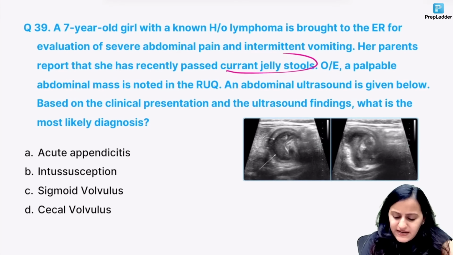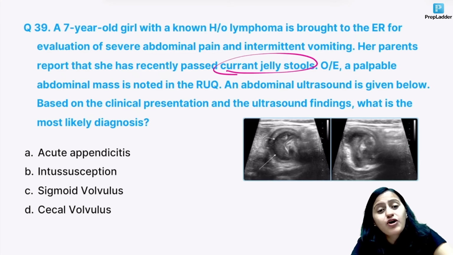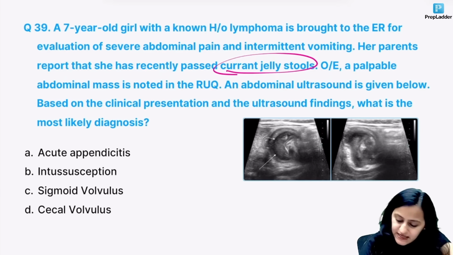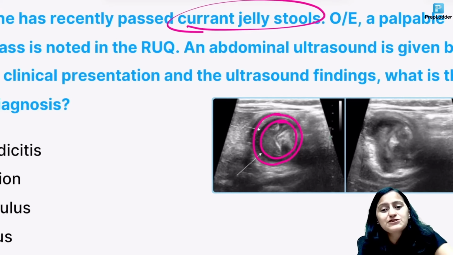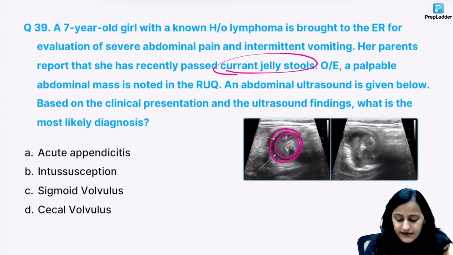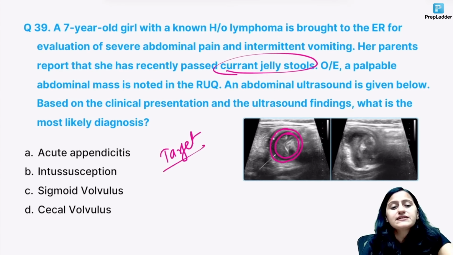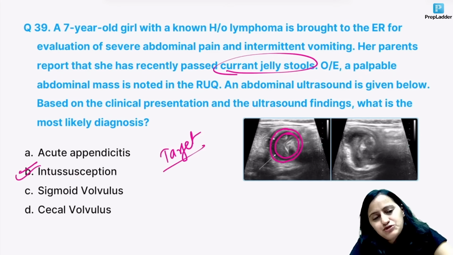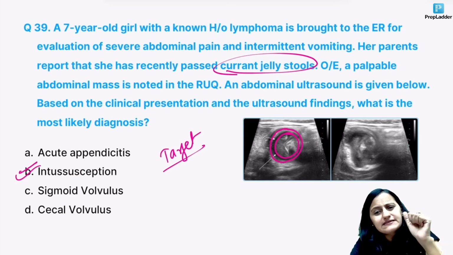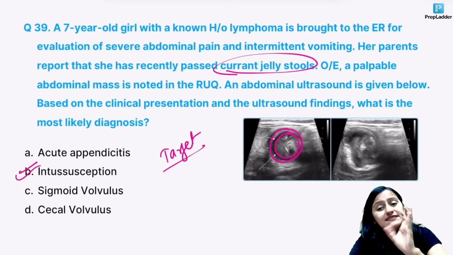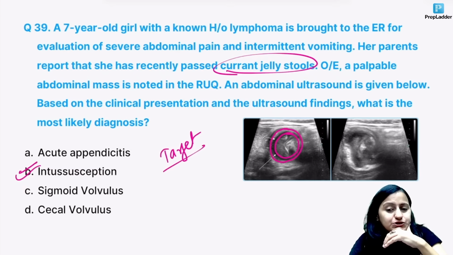Next one, you see currant jelly stools. That is a very important keyword for intussusception. What are you seeing in the ultrasound? There is this outer bowel, inner bowel. Some fat is also visible, the mesenteric fat has also gone along with it. Right, so that is the target sign, donut sign, which is seen in intussusception. Okay, that is intussusception, currant jelly stools, target sign. Clear with everyone? Currant jelly stools, very important, tells you this is intussusception. Right, electrolyte imbalances like potassium disturbances, post-surgery, paralytic ileus is seen. So in paralytic ileus, there is no mechanical obstruction. Okay, there is no mechanical obstruction there.